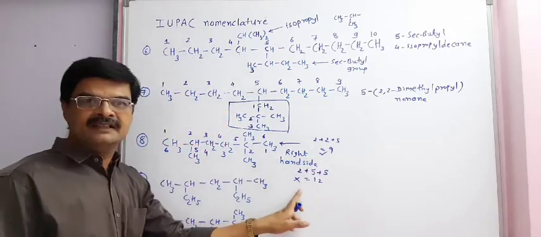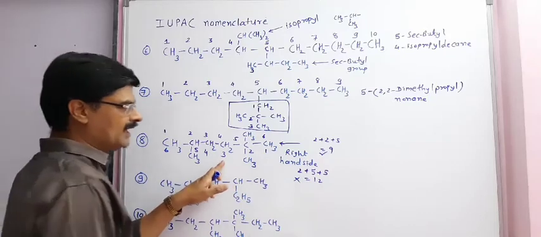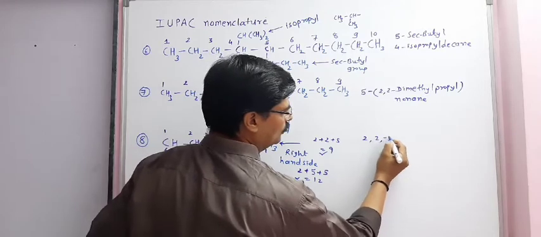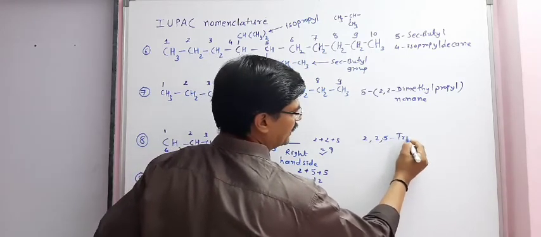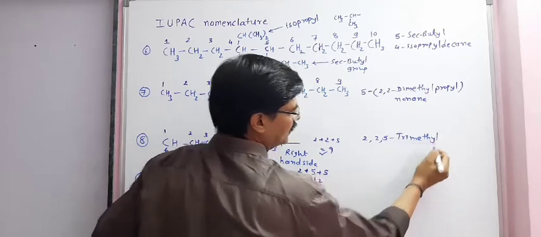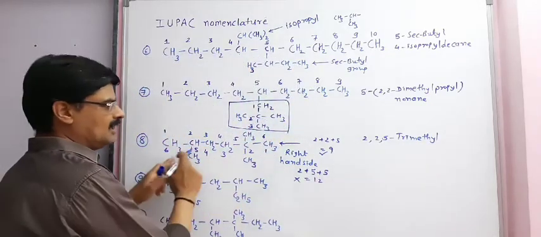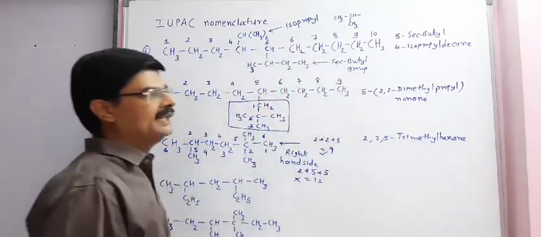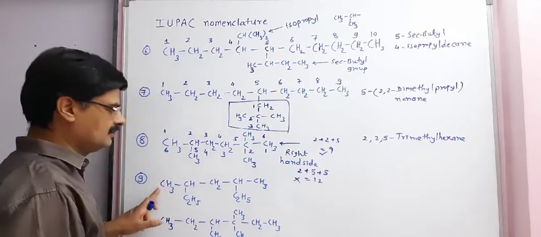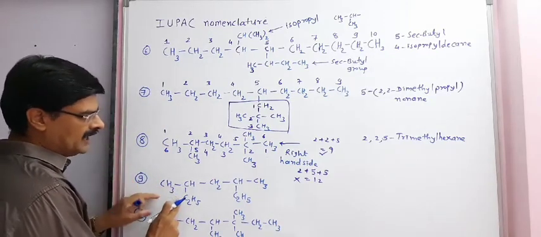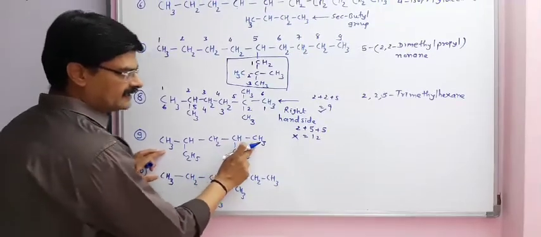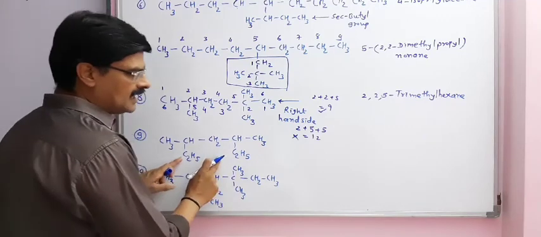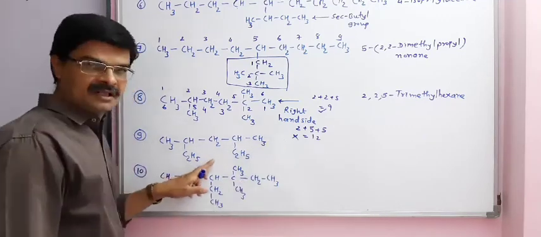Now after deciding this, we can give the name to this compound as 2,2,5-trimethyl, and total 6 carbon, that is why hexane. 2,2,5-trimethyl hexane. Now next, CH3, CH2H5, CH2, CH2H5 and CH3. First of all, because of this ethyl group, we have to decide the carbon chain first by writing this structure again.